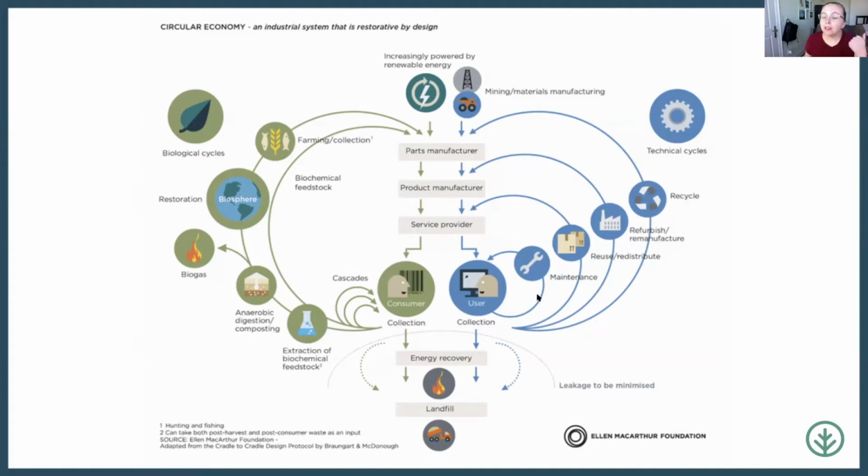So if you can't repair it anymore, or you can't reuse it or redistribute it, the next step would be to refurbish it or remanufacture it, which means to take some components of products back. Well, actually, not materials, because that's in recycling, but you can take some of the products back and use pieces of it to put it back together into a new product. So say, again, on the phone example,